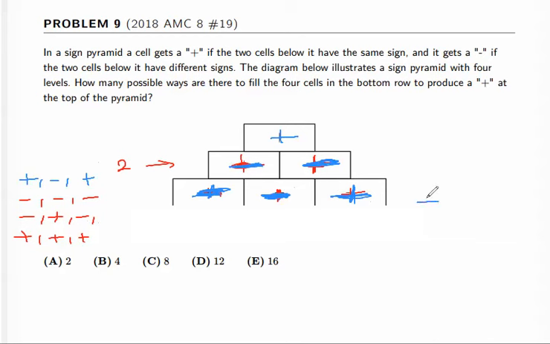So positive, negative, and positive. Since these two are opposite, that's negative. These two are opposite, that's negative. These two are the same, so that's positive. So you could just start with this, which means there are four ways to start with if there's one more